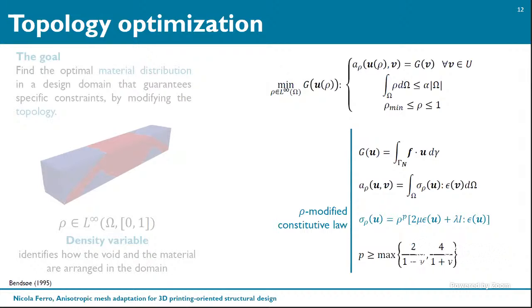So here we modify the Hooke law by means of a power law penalization, rho to the power of p, where p is an exponent to be chosen and is responsible for the penalization of the intermediate densities. So when you talk about a black and white configuration, you have to decide which p to choose in order to have a proper penalization of the intermediate values of the density. This is all the machinery for the toy problem of minimum compliance in the SIMP framework,